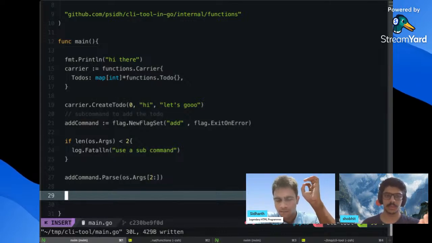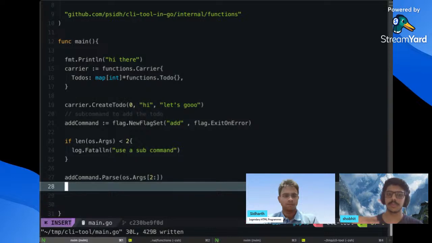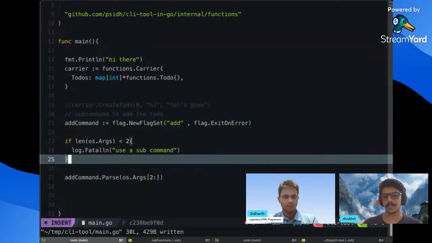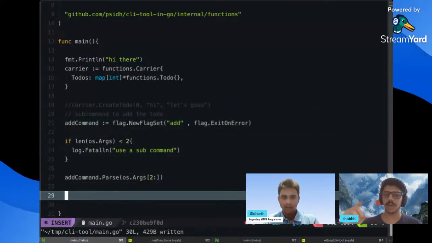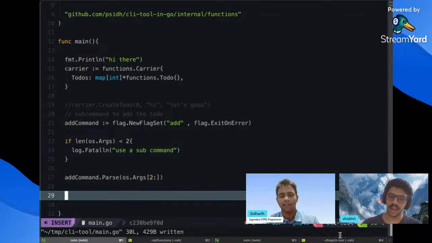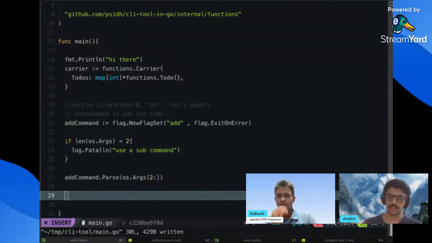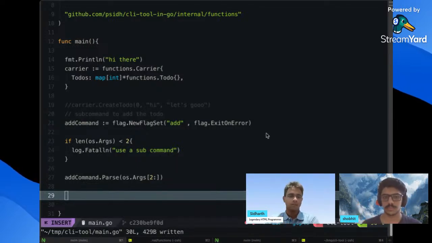अब इसके बाद बेसिकली हम एक लॉजिक डाल देंगे जो हमारा कैरियर डॉट क्रिएट टू डू का है। तो अभी ओके। अगर हम ऐड का करेंगे, फिर बाद में जाके हम एक स्विच केस डाल देंगे जिसमें हम चेक करेंगे कि कौन सा सब कमांड हमारे यूजर ने दिया है, ऐड, रिमूव, व्यू। उसके बेसिस पे हम बेसिकली जो पर्टिकुलर चीज हम पार्स करेंगे और उसके बाद जो हमारा ऑपरेशन है हम वो करेंगे। ओके।